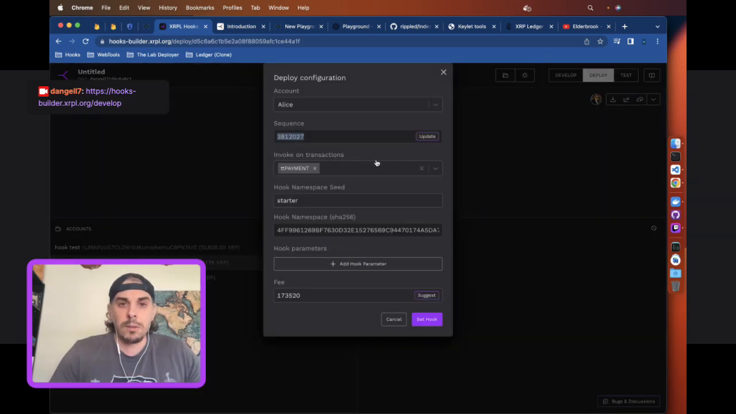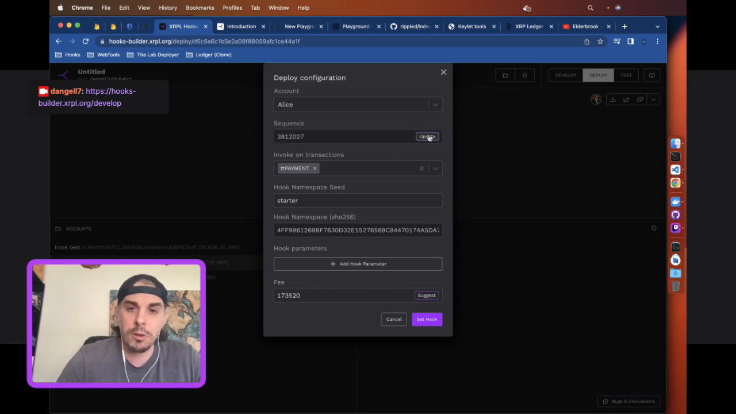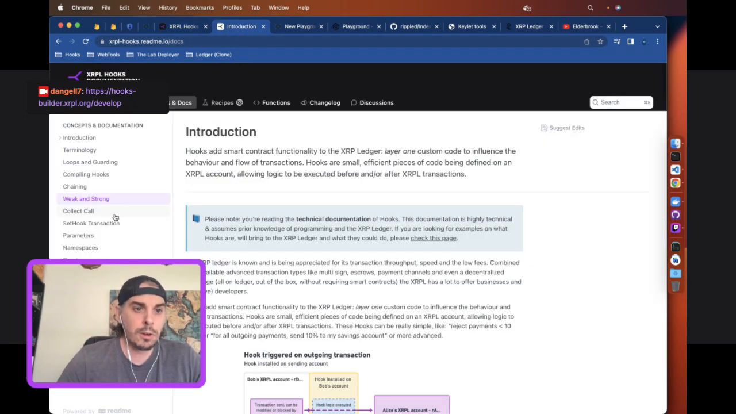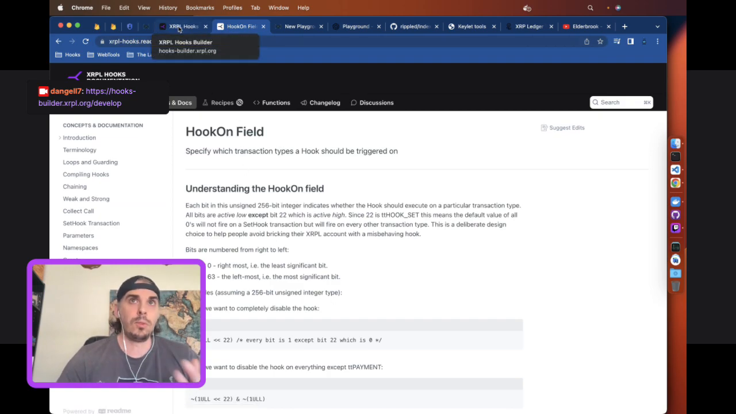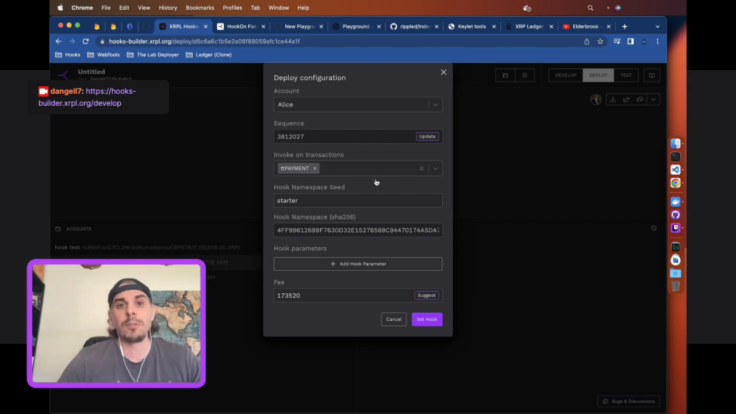So we're going to set the hook on Alice's account. We see some info here: the sequence and the ability to update it. We have invoke on transactions, which is hook on. That is what transaction it's going to execute on. So it's not going to execute